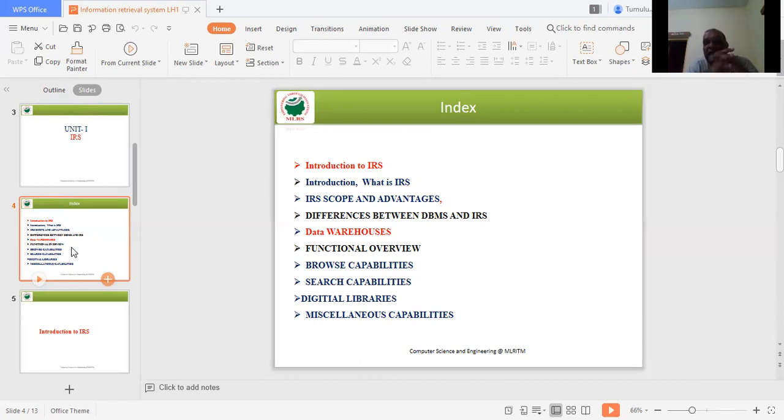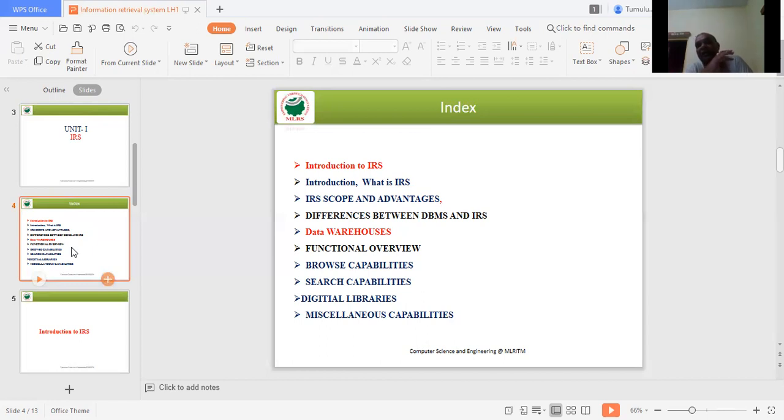In this overview of the first unit, we are going to understand the differences between the database management system and IRS. In the database management system, the data is stored, the data is retrieved, and many data manipulations are possible. Here in IRS, we are not doing any manipulation. We are not inserting any new data. The only thing is we are retrieving the data. Through the DBMS, the data is entered into the system.